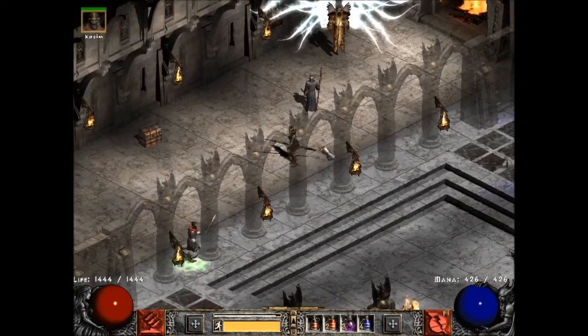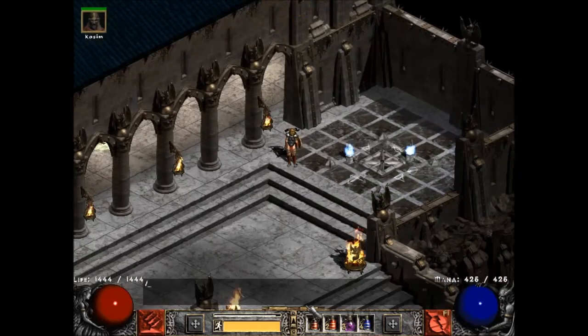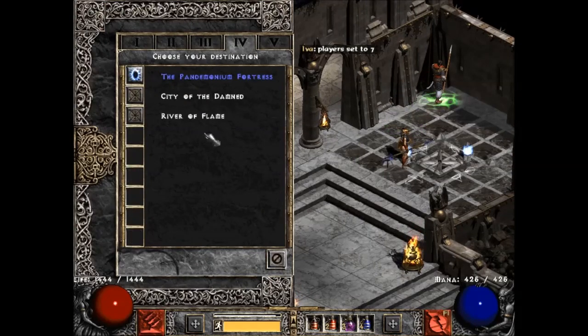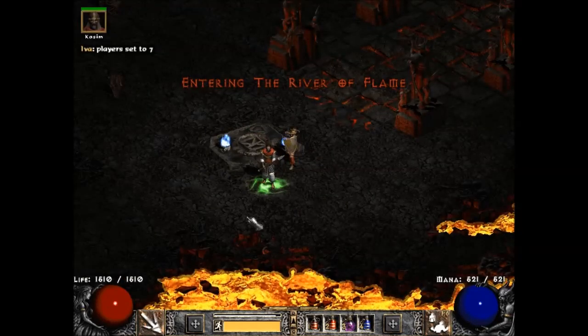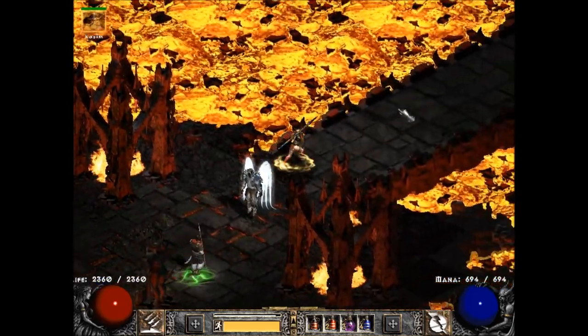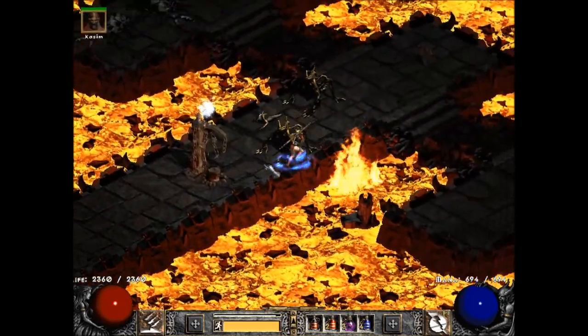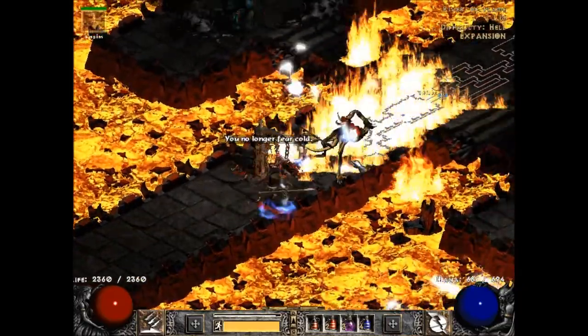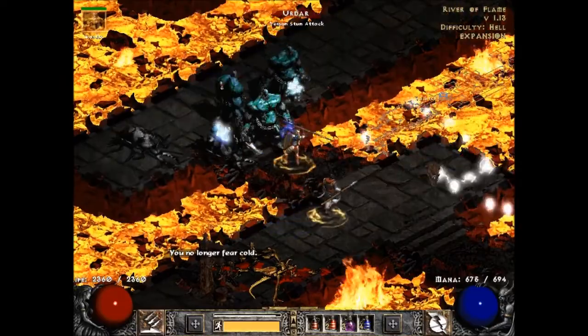my argument for using this build is going to be as follows. We're going to go in Chaos and see how this build functions on P7. Okay. So you're going to see here why I want to use Enigma, why I might want to use Enigma, why you might want to use Enigma even on this build,